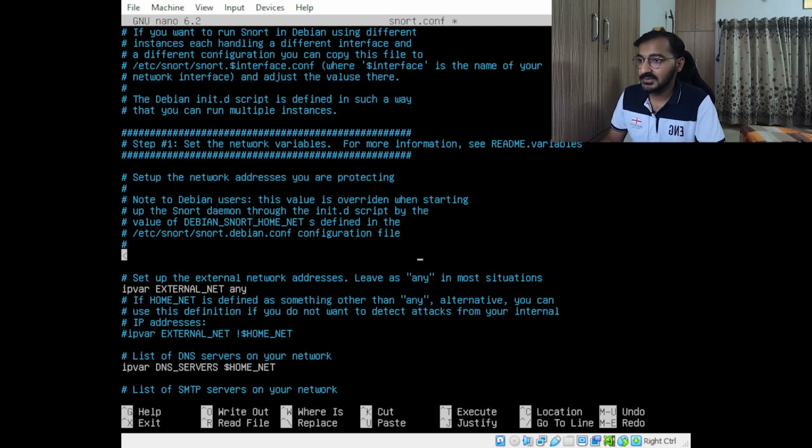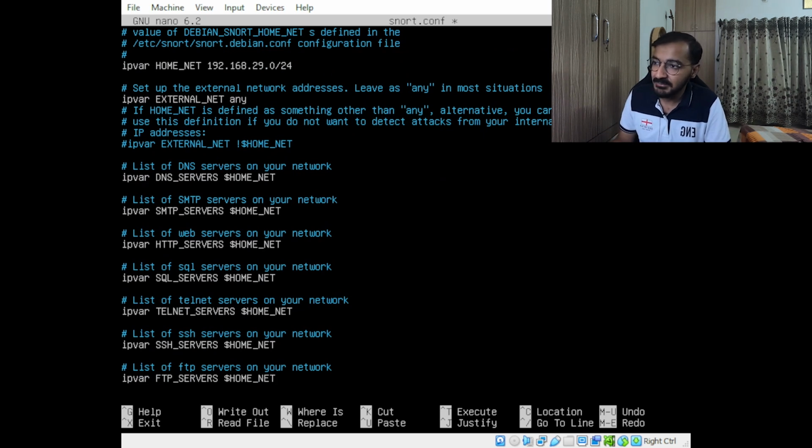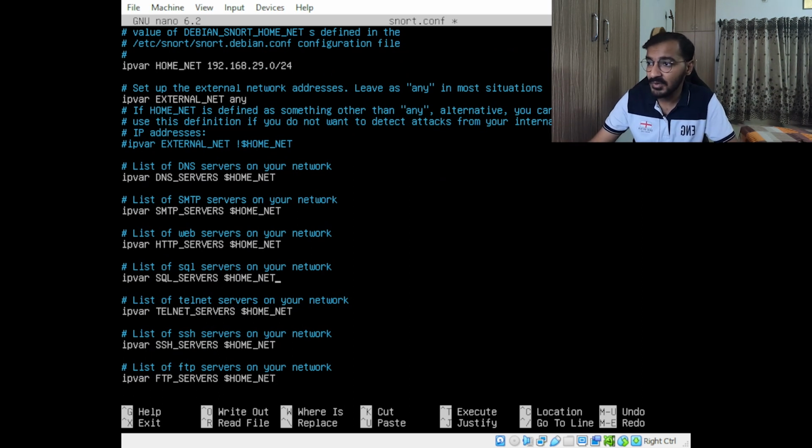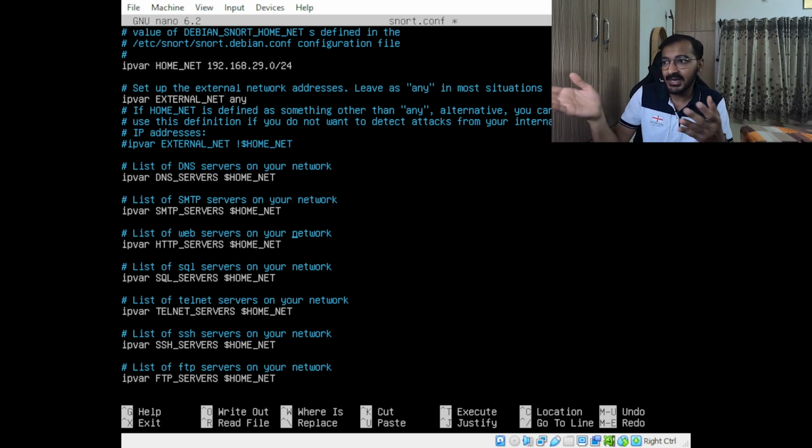If you go down, you will see all the information for the DNS server, SMTP server, and HTTP server. Focus on one small thing called $HOME_NET. That variable is where we have defined the IP range. What exactly does it mean? Whenever a requester asks for a server, let's say the SMTP server on 192.168.29.24, which lies under that range,